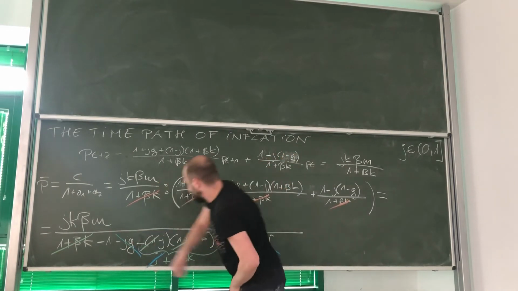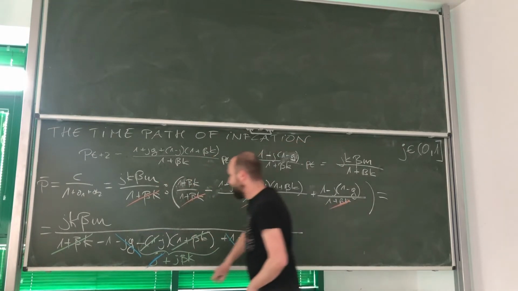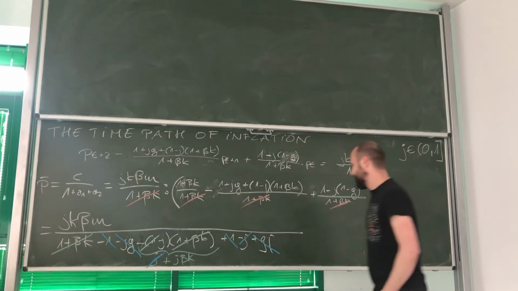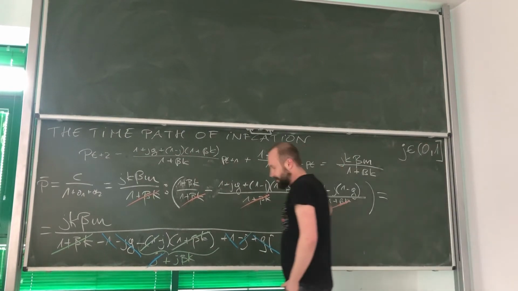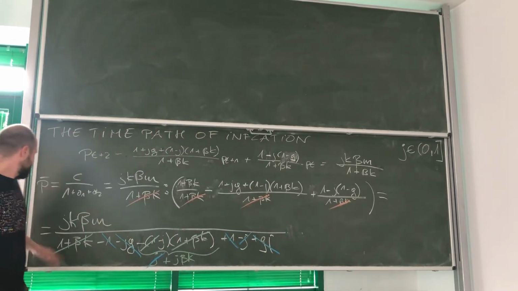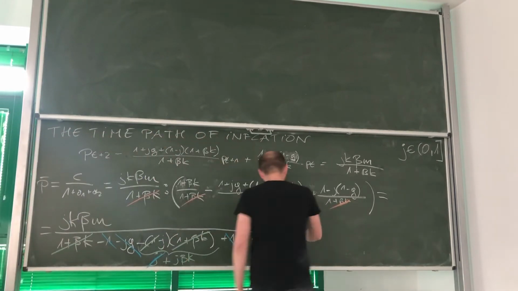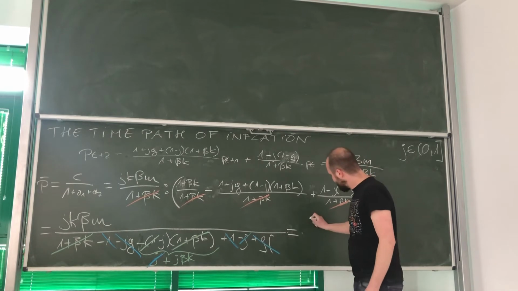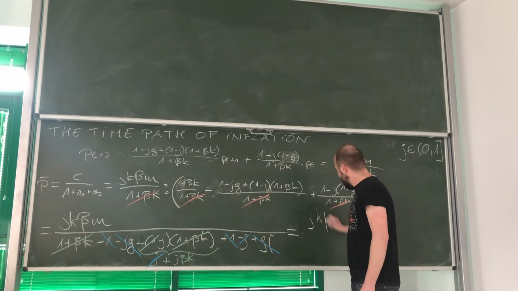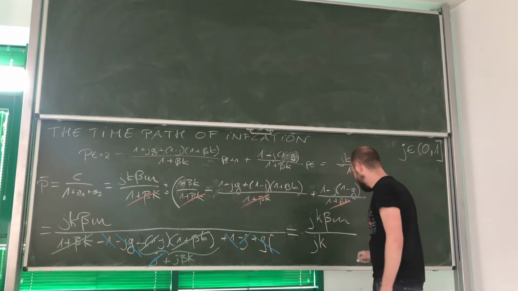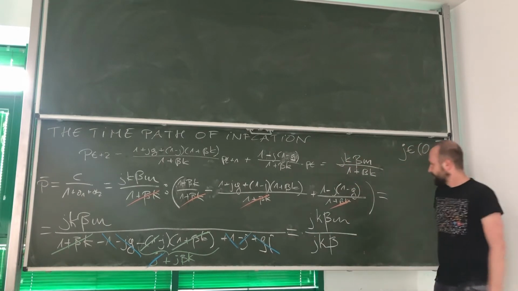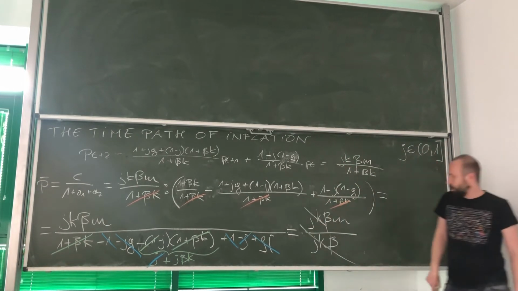GJ is cancelling each other out. Ones are cancelling each other out. And our very complex fraction is turned into very simple J, K, beta M over J, K, beta. Those two also cancel each